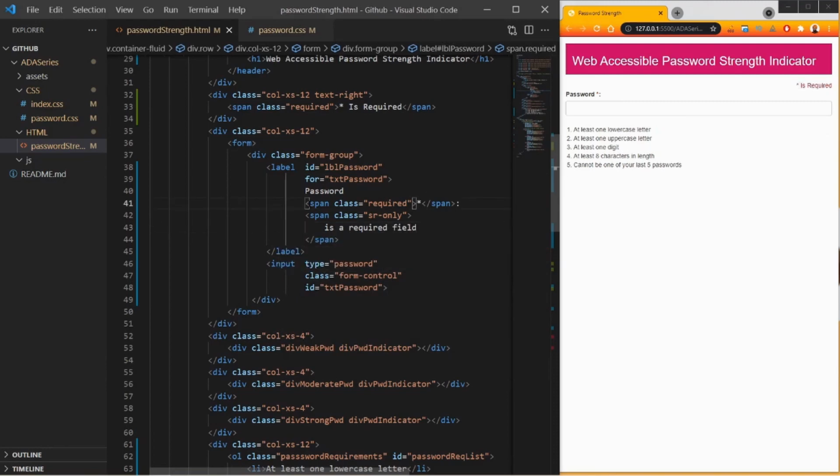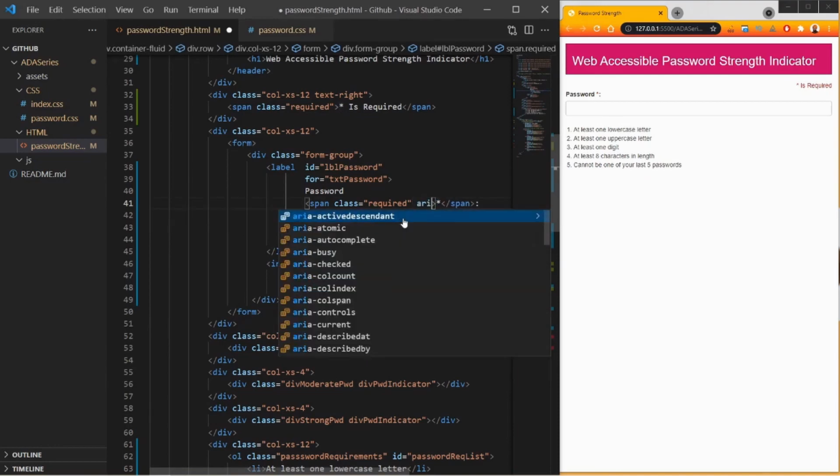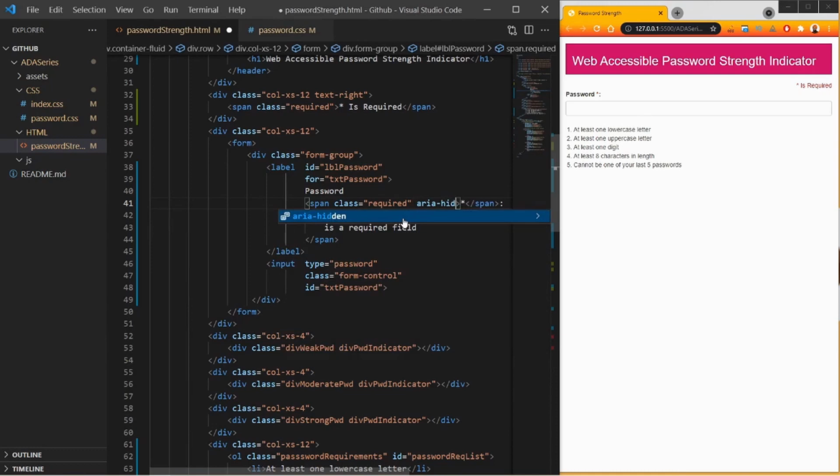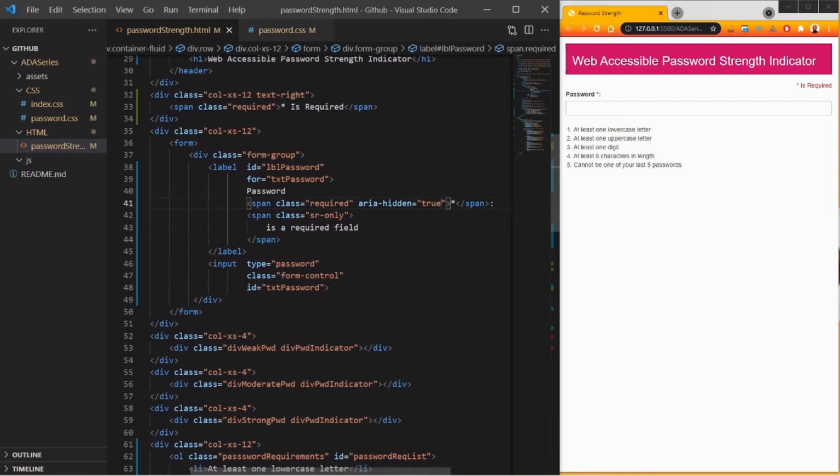So when JAWS is running, it will also read this star. Now if you want, you can hide this using ARIA attributes. We'll say aria-hidden and we can set it to true. So we are letting JAWS or NVDA know that this element need not be read by them. So in our case, it will read password is a required field.